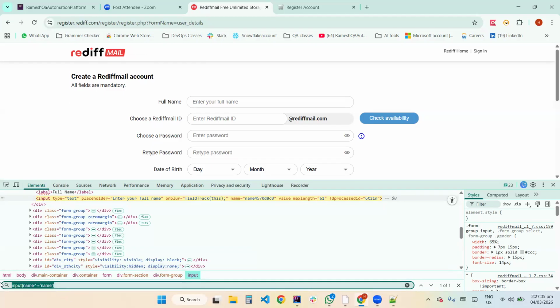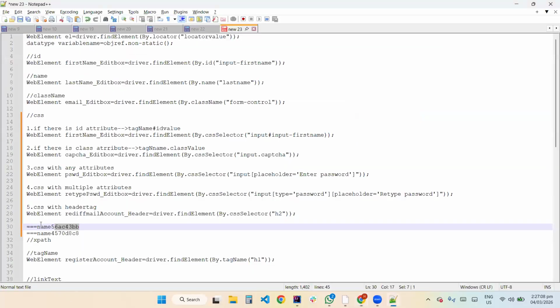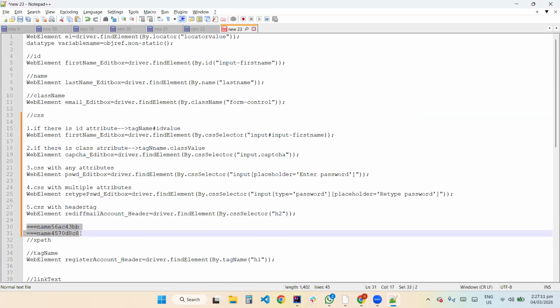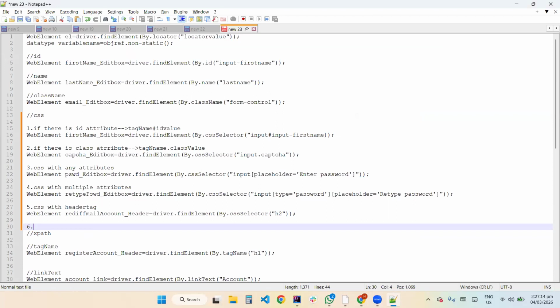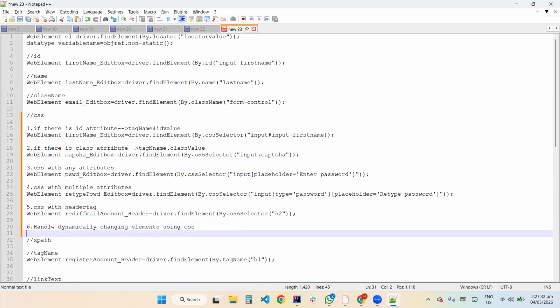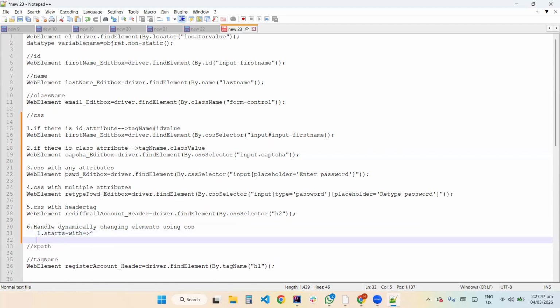Then next, Control plus C. Handle dynamically changing elements using CSS. In this, the first one is starts with. Starts with means what is the symbol we need to use? Caret symbol. The syntax is web element